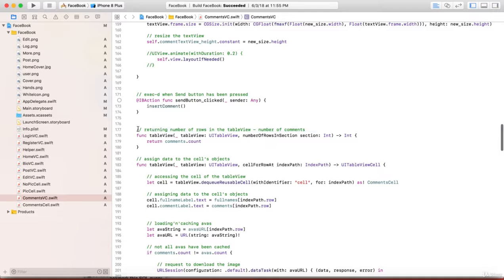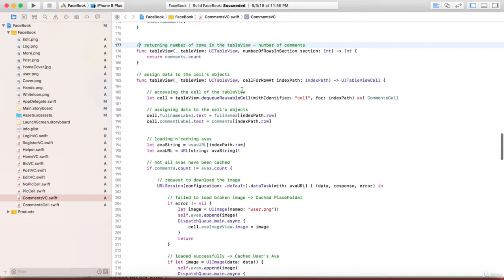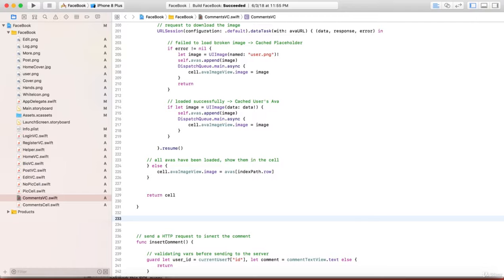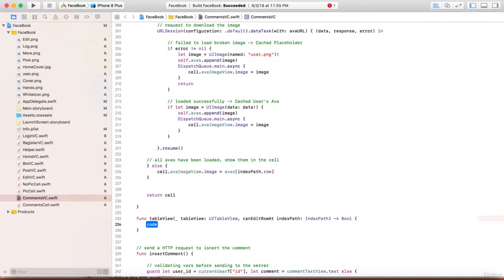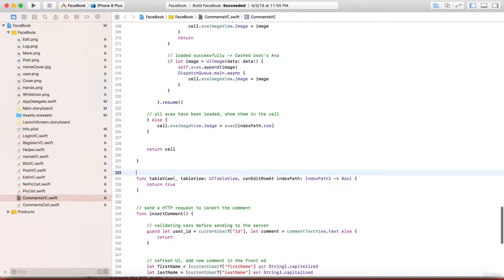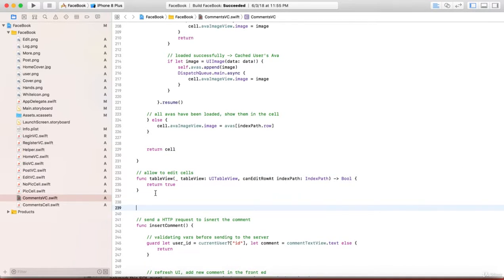So I will come to the table view's protocols right after cellForRowAt indexPath. Here I will write a new protocol which is canEditRowAt indexPath. So this is another native protocol of the table view. Here we return true, which means we allow our application to edit cells. Very good. Editing cells can have different meanings, so here we will declare